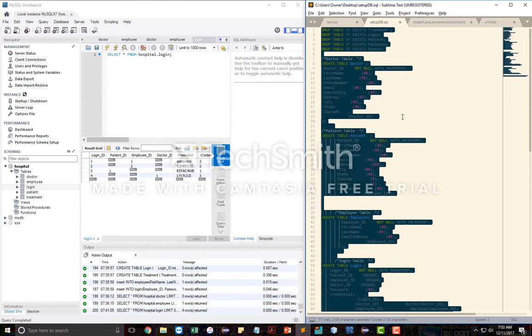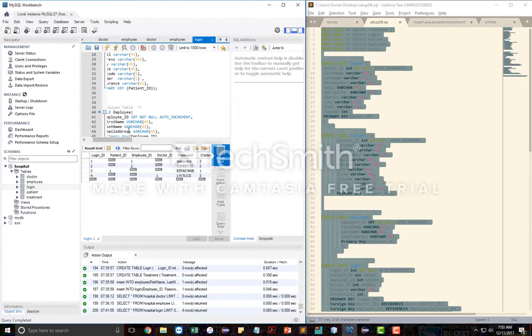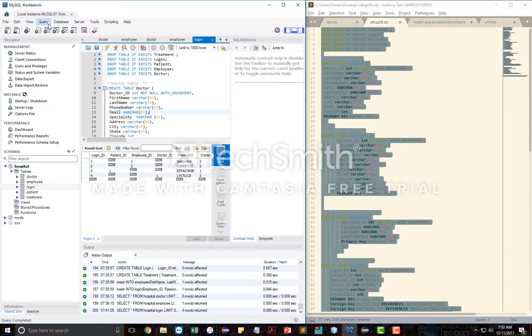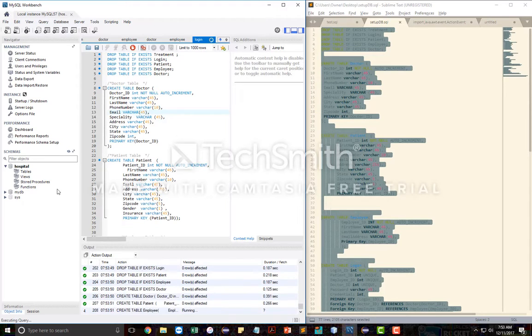So let's copy all this code into our MySQL Workbench. Here I will be able to execute all this and it should modify our database. So why don't we go ahead and do that. Execute all. As you can see below, it completely got rid of all the tables, and inserted our 2